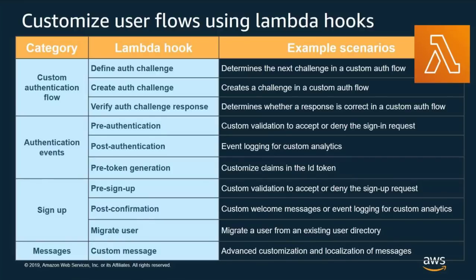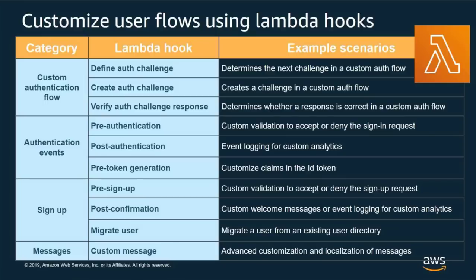But we also realize that not all of these flows are always one size fits all. Many folks want to be able to customize those flows to meet the very specific needs of their application. And Cognito provides a number of Lambda hooks, Lambda being our function as a service within AWS, to essentially let you customize